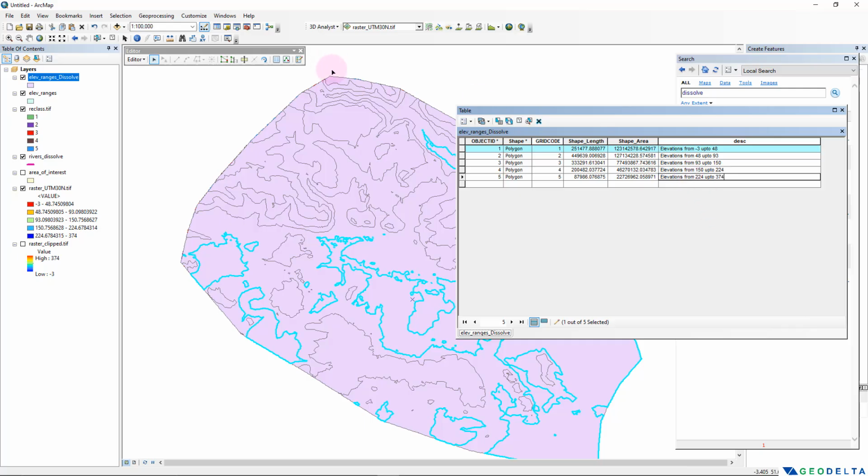After you're done with everything, you can go to editor and stop editing, and it'll prompt you to